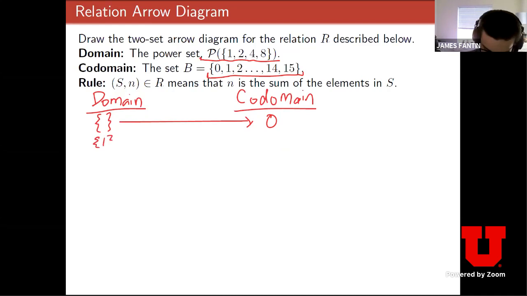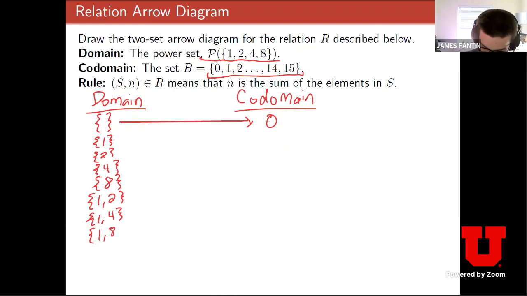We'll have the set containing 1, the set containing 2, the set containing 4, the set containing 8, then the sets {1, 2}, {1, 4}, {1, 8}, {2, 4}, {2, 8}, {4, 8},